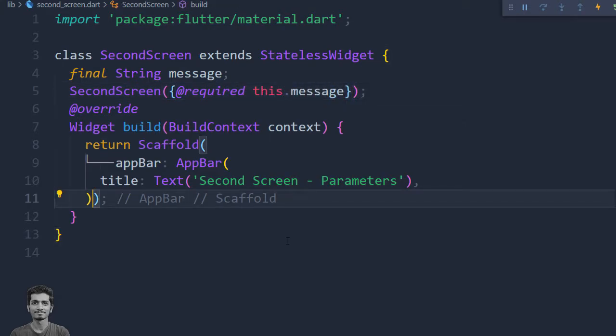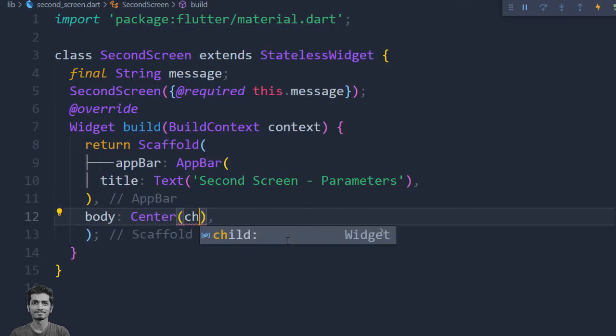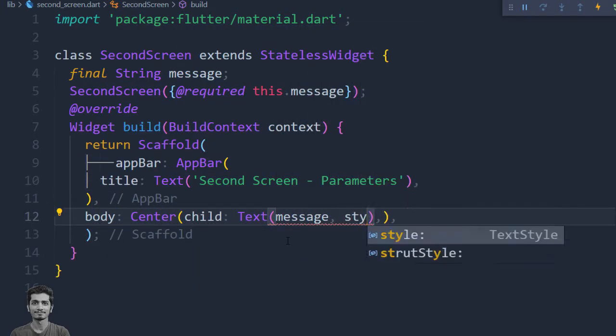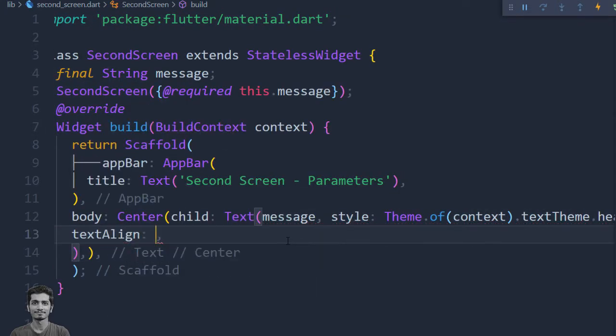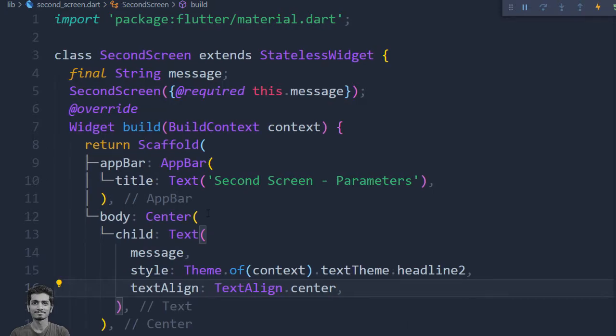Let's show this text inside the body of the scaffold. Here we successfully set the constructor parameters in which we receive a value, which is a message here. And also we display that parameter as a text.